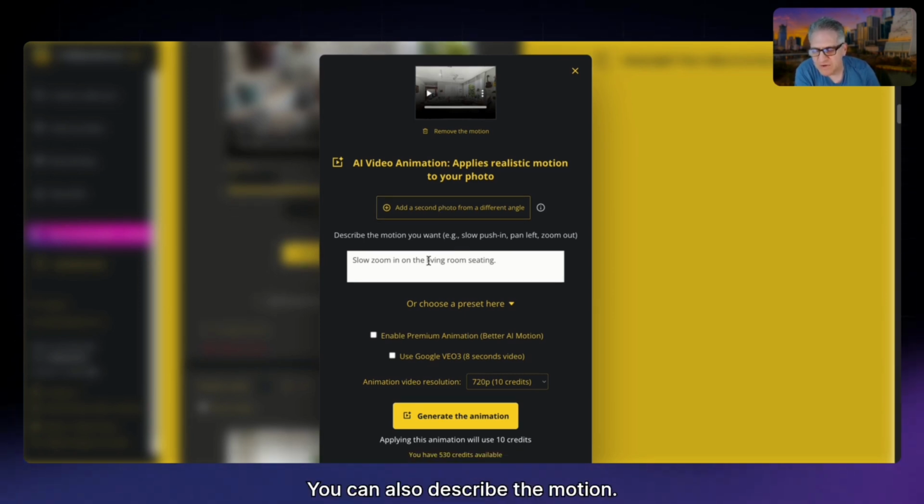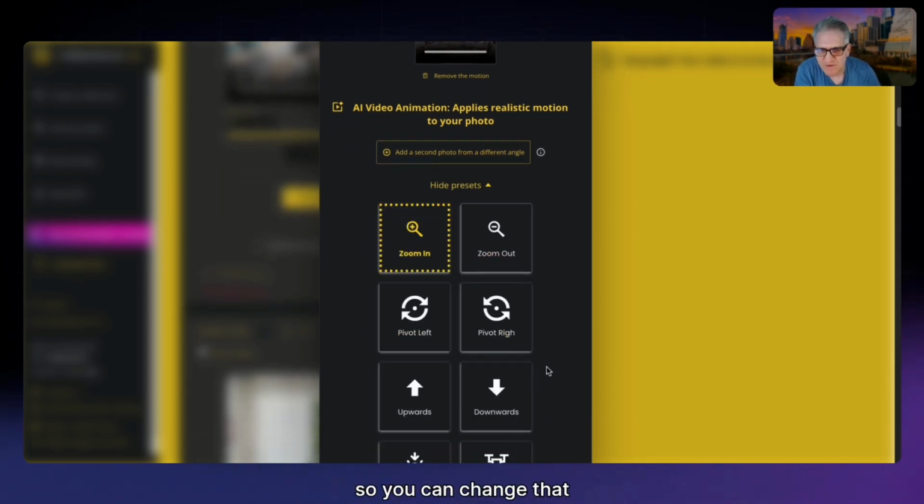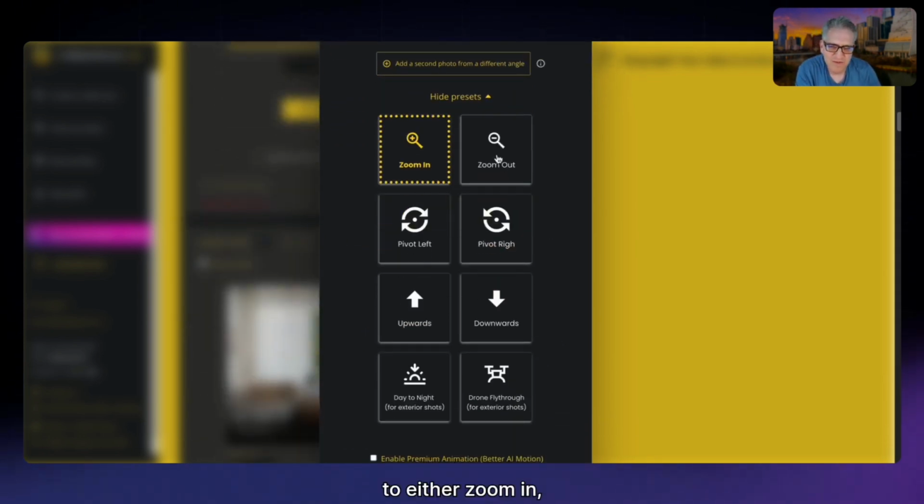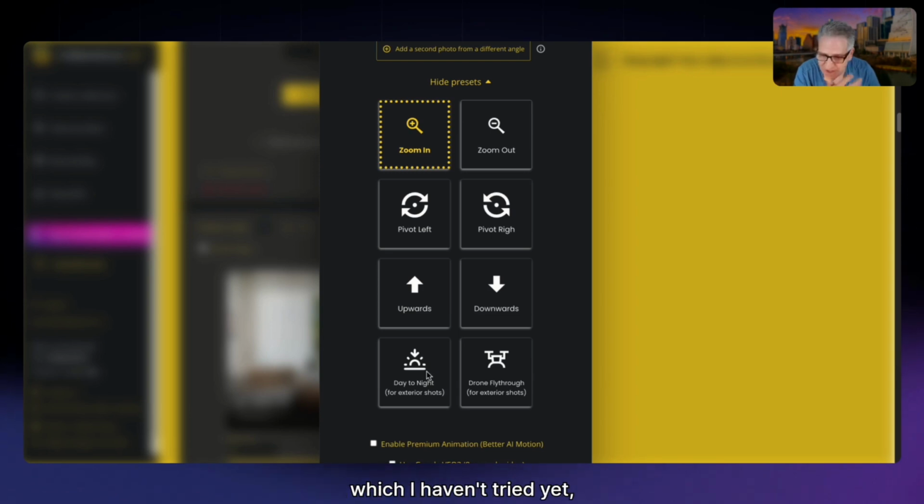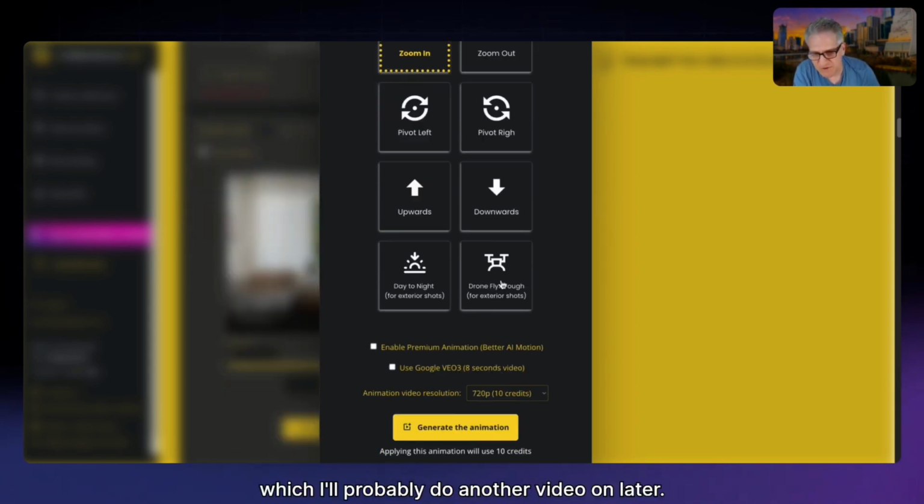And also describe the motion. So here the example is slow zoom into the living room seating. You can get real specific with AI prompting, which some people love, some people don't want to bother with. You can also choose a preset here. So you can change that to either zoom in, zoom out, pivot left, pivot right, which is kind of like that orbit. Upwards and downward is just kind of neat. Day to night for exterior shots, which I haven't tried yet, or drone fly through, which I'll probably do another